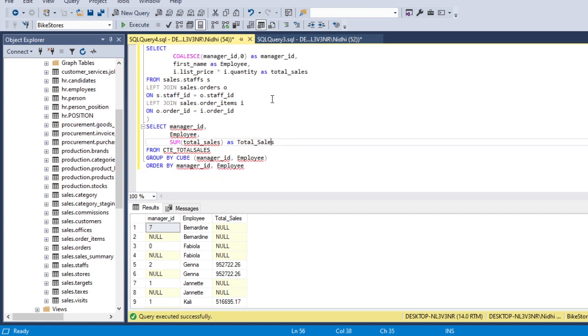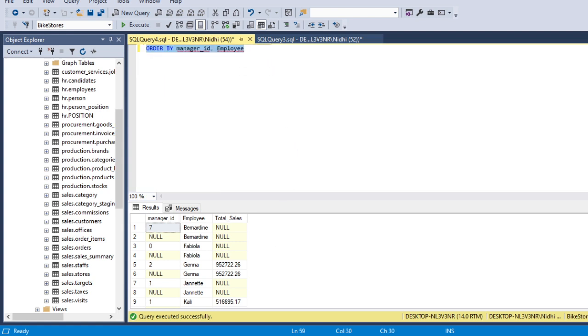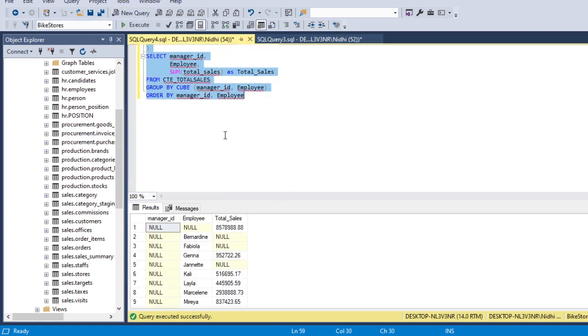So we will run this. As we have executed it, now we can see that first it has given us the all level, where manager ID and employee are both null, which means all employees or all manager IDs put together. Then it has given us the employee level.